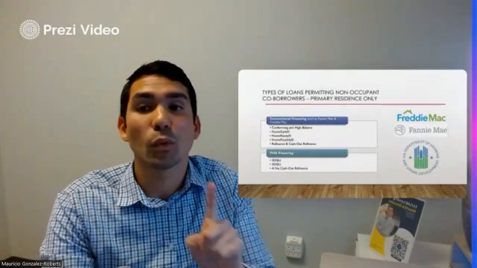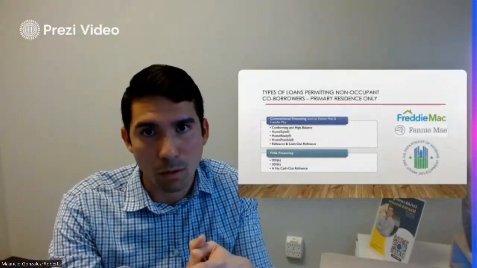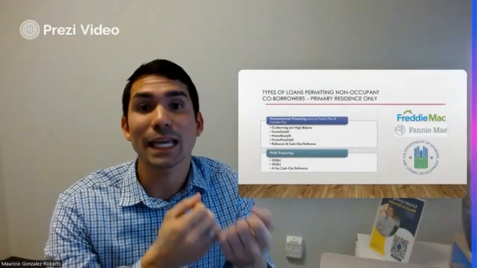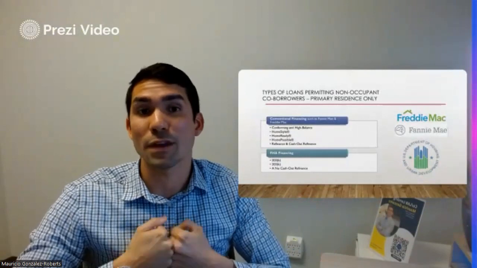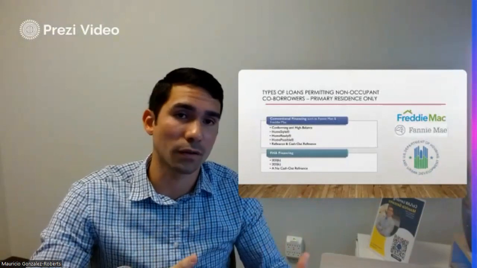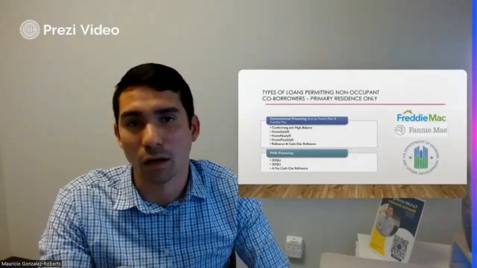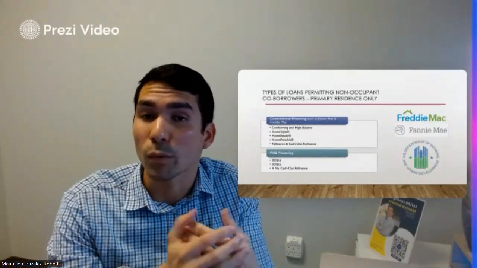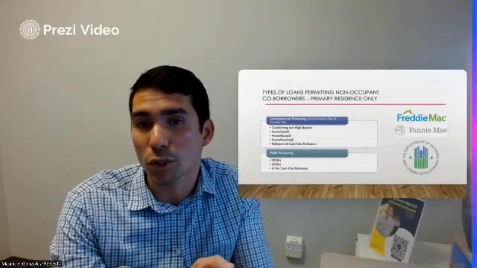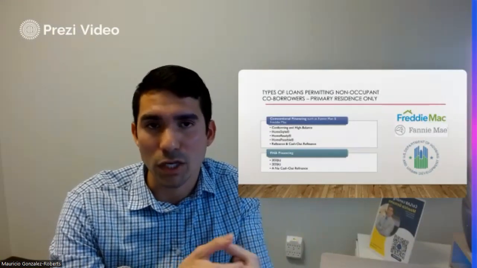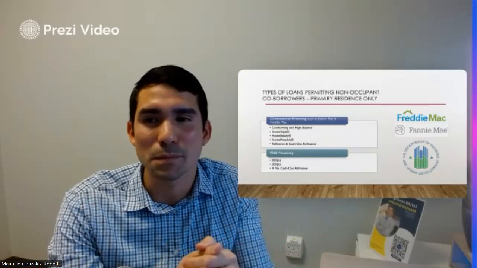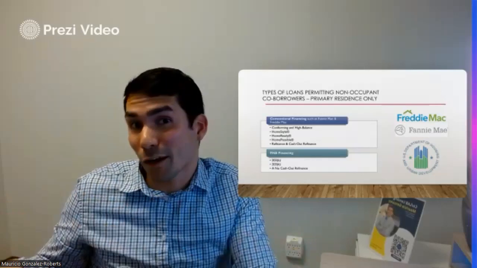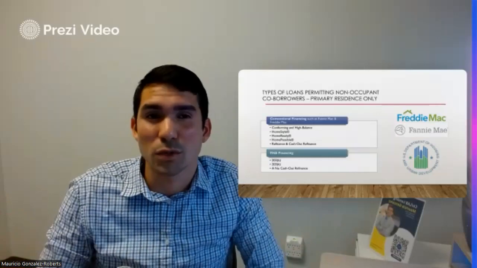However, FHA will not allow a non-occupant co-borrower on a cash-out refinance. So that's something that we always have to keep in mind. If they're taking money out of that refinance to pay off debt or consolidate things, we cannot have a non-occupant co-borrower. They will allow rate and term. So if we're getting a lower rate or lower payment, FHA does allow that. So this can sometimes be an issue when, let's say, one spouse tries to buy out another spouse in a divorce situation, what we just talked about.